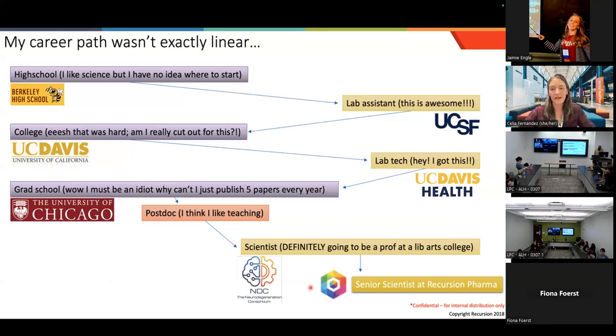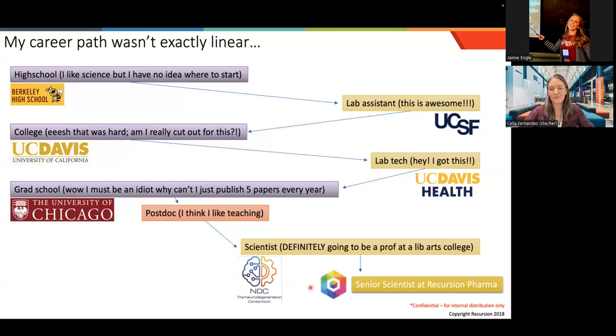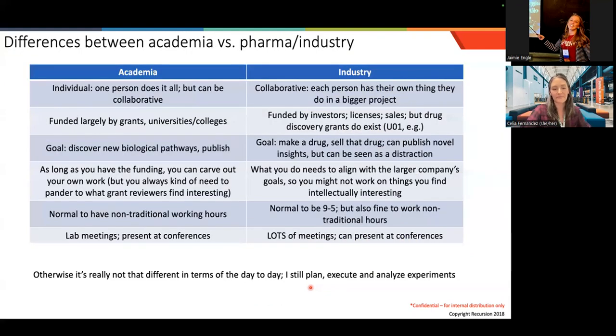I still think basic research obviously is so important. You can't do drug discovery without the basic research. But the pharmaceutical industry is also kind of fun for that. So I listed this chart at the end. We don't have to go through this point by point, but I just wanted to show some similarities and differences across academia and industry. Again, because I'm not sure it's ever explicitly stated necessarily, maybe more and more in recent years. So what do I do all day?